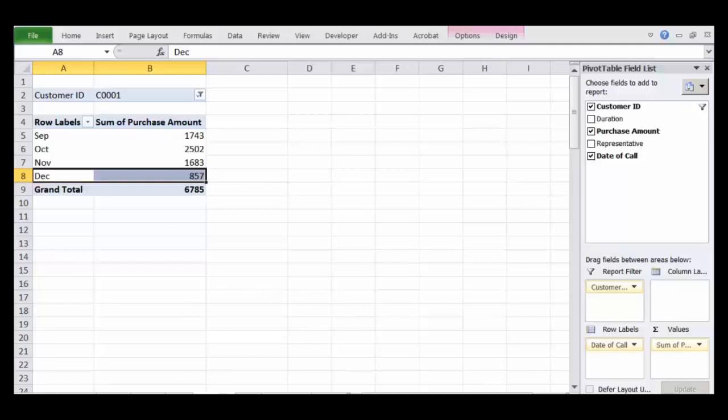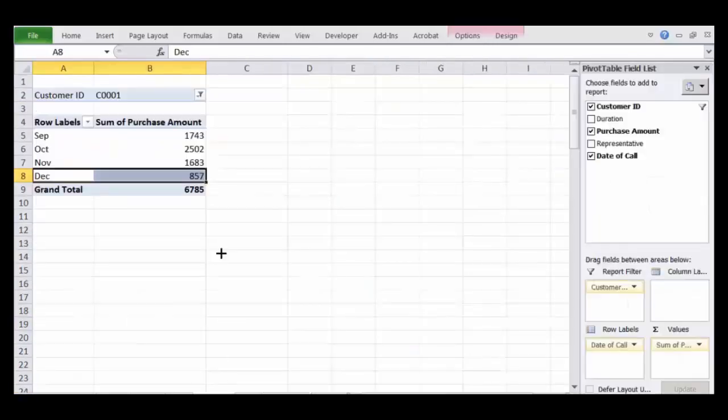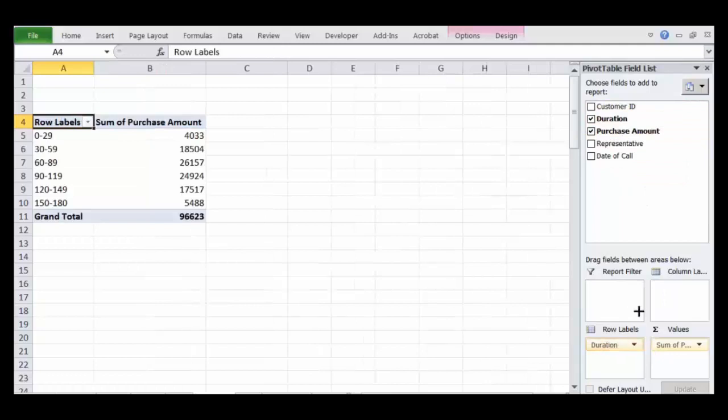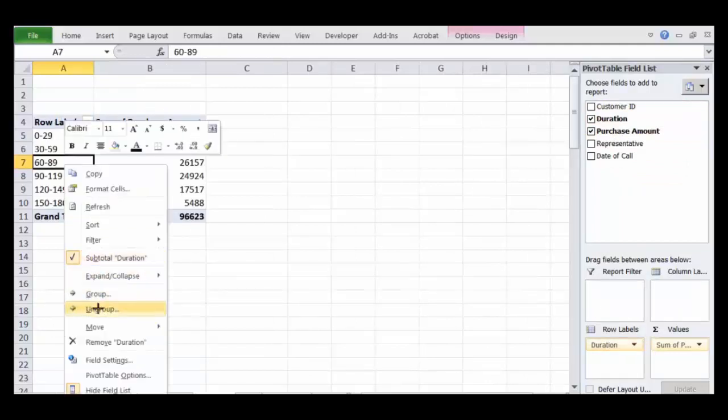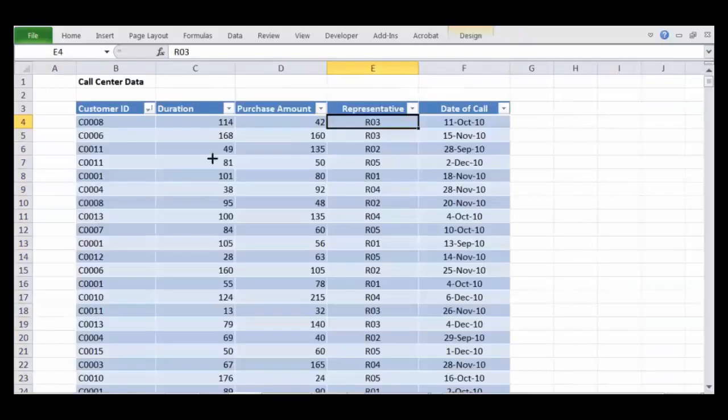Right? Then here if you see, I have the row labels as the duration. So what I want is, I can start with a clean slate again here, and let the purchase amount remain. Let's say we put duration over here, right? Currently this is all grouped. This duration is the call duration.